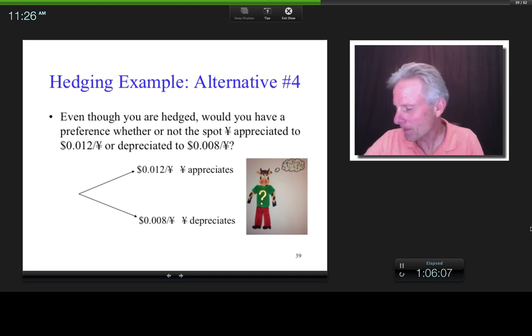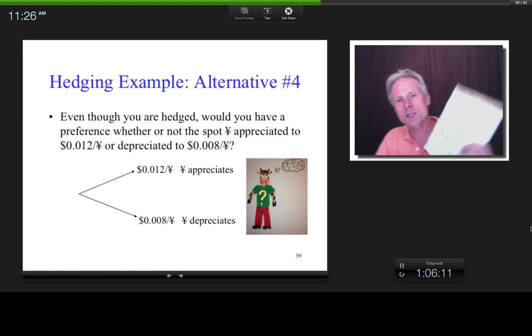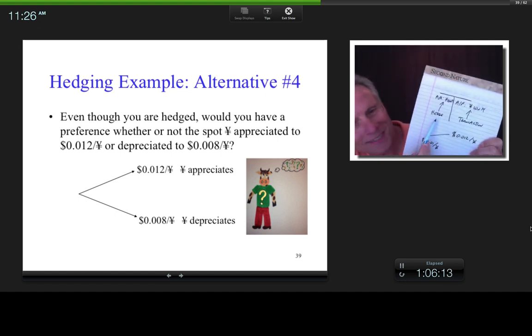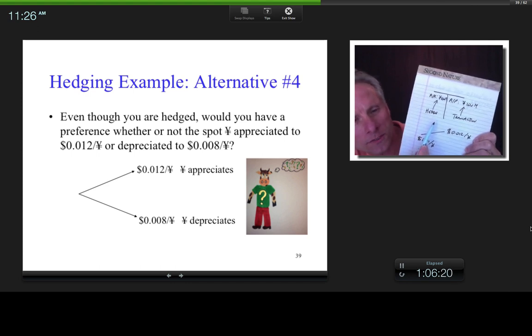Well, let's think about that, right? Under what circumstance, if you've got a futures contract here, would you be receiving margin calls? If the yen appreciated or if the yen depreciated? If the yen depreciated, right? And so if 90 days later the yen goes to